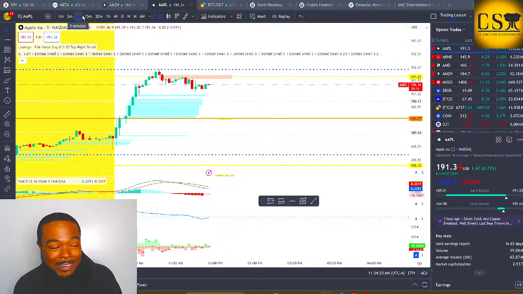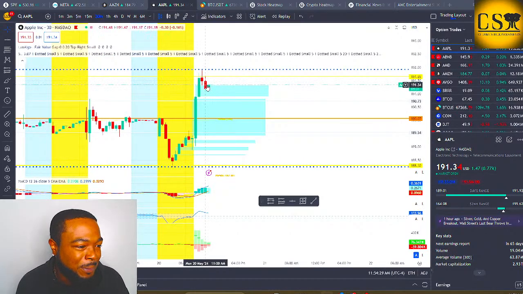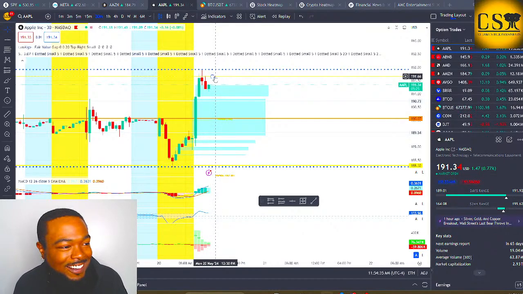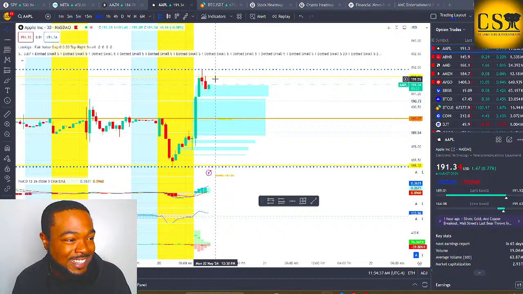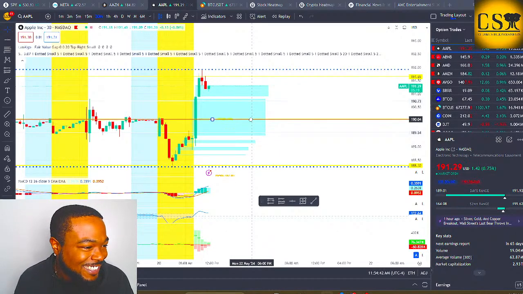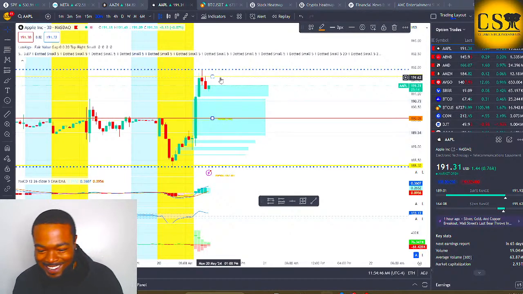That's the next thing I had to learn, because I would see the 30-minute momentum, right? And I'll be like, oh, it's breaking down, and I'll be so excited to grab a put. I'll grab a put right here, and then I'll get caught in the upswing, and then my put is down 20-30%, and that's when I get stopped out. But I was right all along, because it gets back up here, and then it rejects, and then it crashes out crazy, you know? So it's like, damn, if I had just held my,